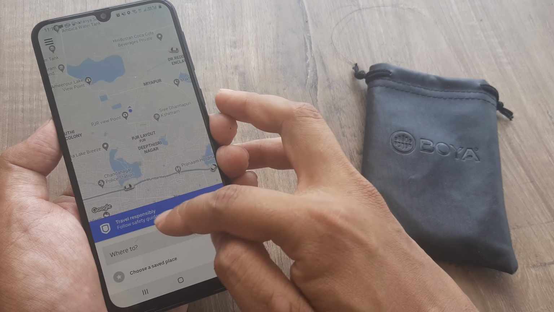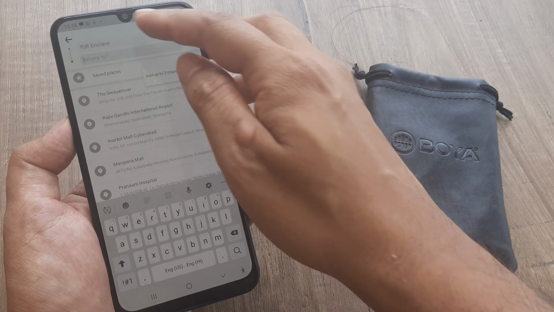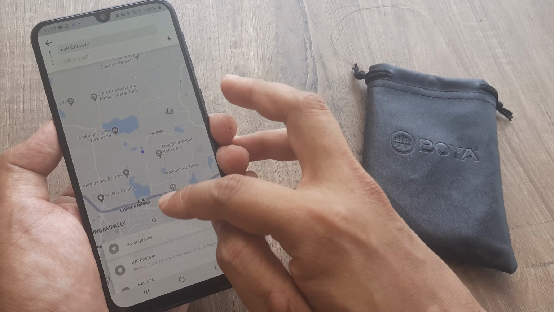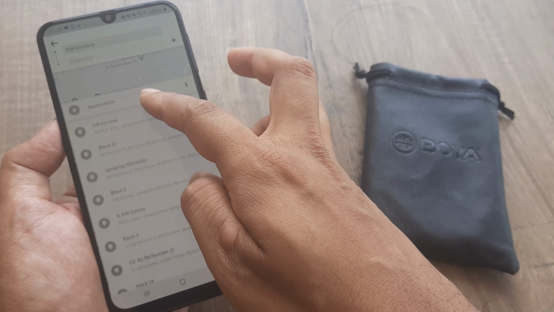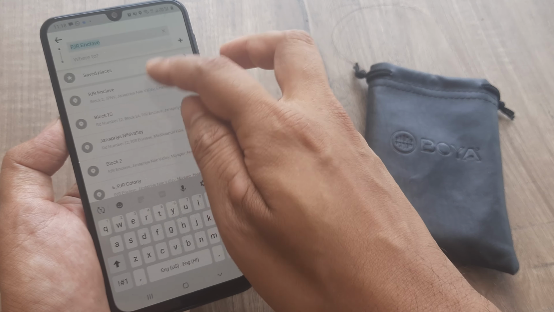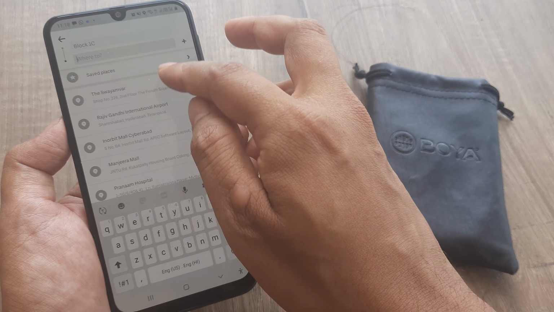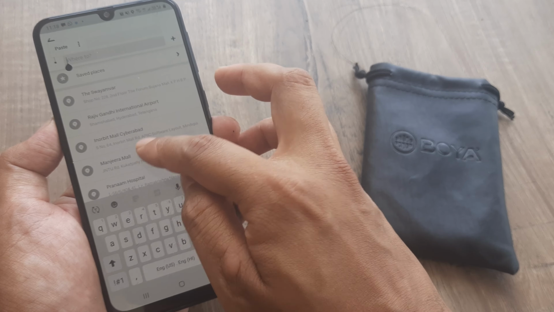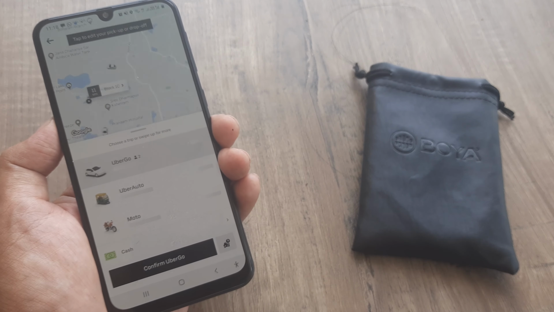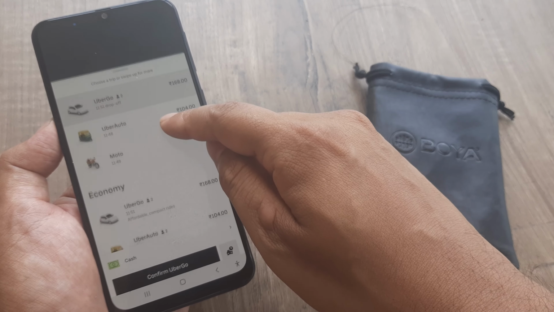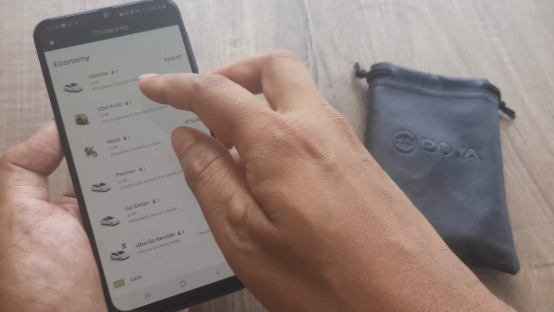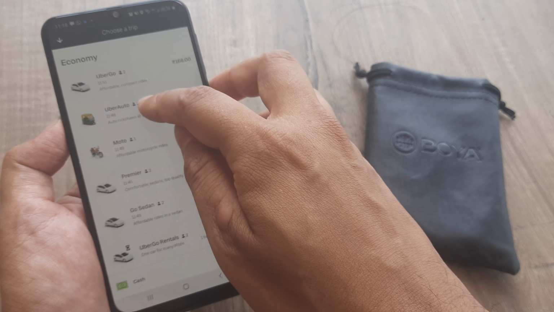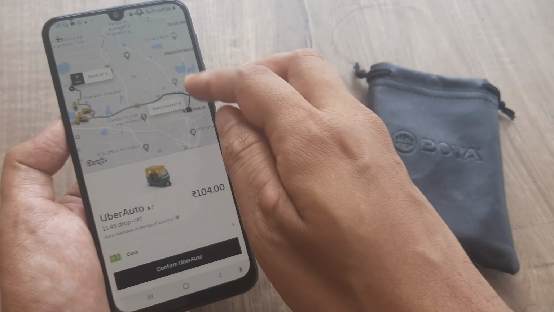In case you don't want to use schedule, you just want to do a normal ride, this is the pickup, where you want to get picked up from. So say I want to get picked up from this place. I can also type in the address where I want to get picked up from, and I can write where I want to be dropped at. So this is how you would be selecting your pickup and drop, and these are the different ride options. Basically, Uber Go, you see this means you can have two people with you. So this number is indicative of the fact that you have two people with you.